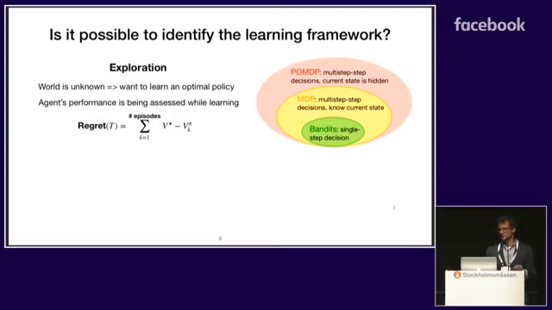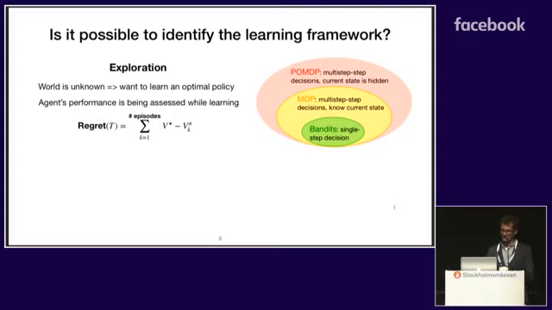You're trying to construct a model of the world, and you're trying to figure out what's the optimal policy. But you're also being tested as you are learning. So it is not a pure exploration problem where you build a model of the system and then you return a policy. You're really compelled to exploit the knowledge that you have, but at the same time you have to explore